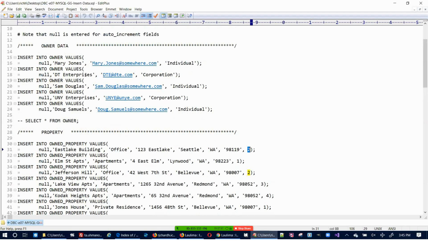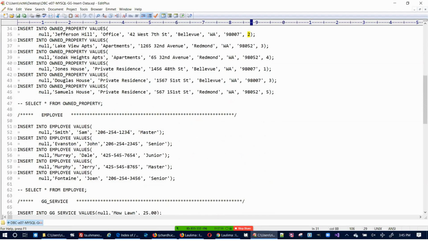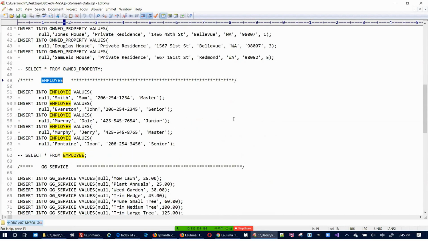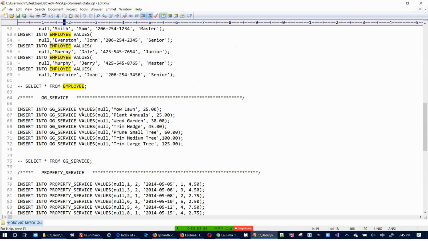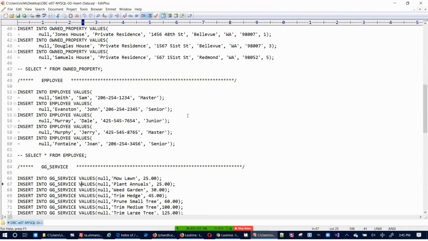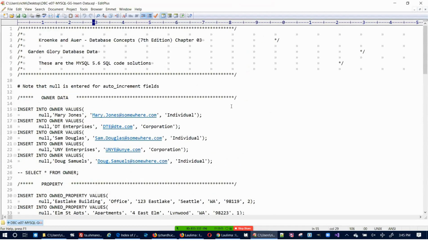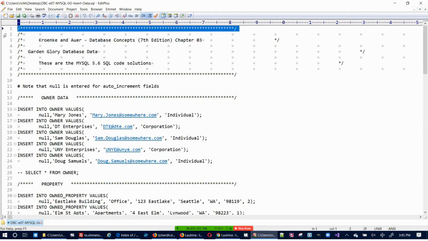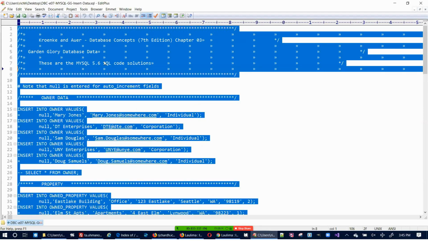And then once the owners and the properties are in there and the employees are in there, then we can put the rest of these in there. So the order looks correct. So I tell you what I'm going to do. I'm just going to select this whole thing, copy,